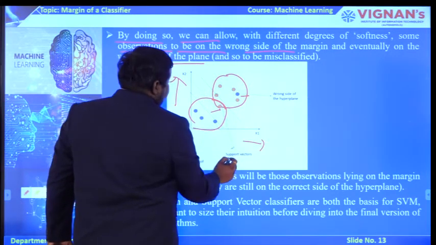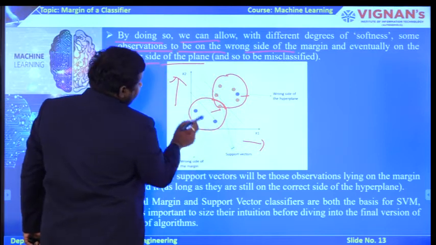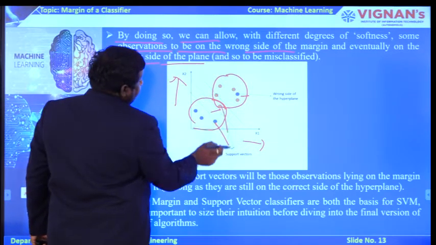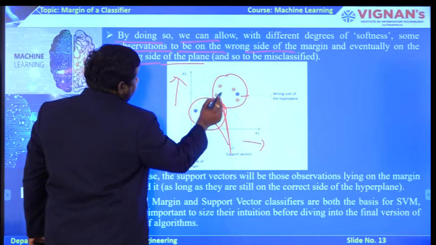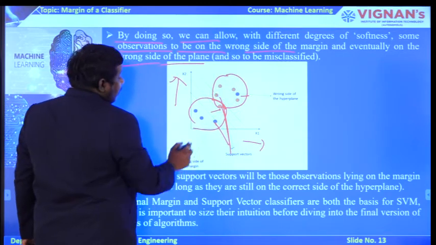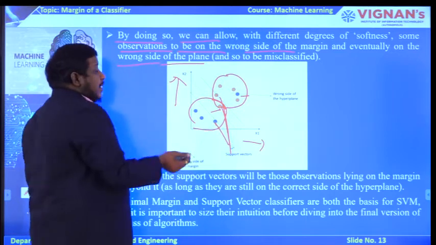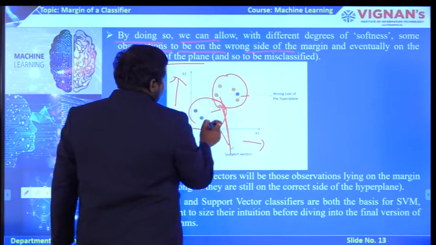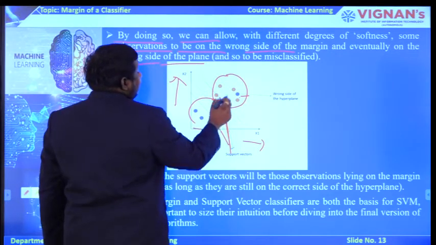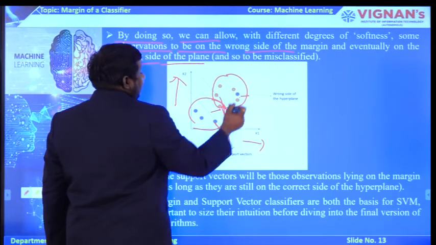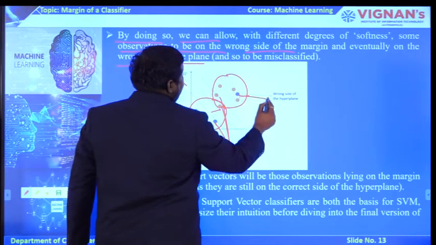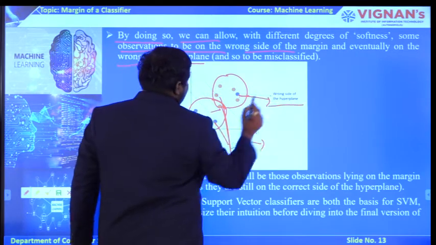So how do we get it? We have generated so many support vectors here by calculating the distance between the hyperplane and those variables, and we are going to identify the elements which are placed on the wrong side of the hyperplane. See, the blue color actually should be below the hyperplane, but it is on the upper side of the hyperplane. So we are identifying this element as being on the wrong side of the hyperplane.